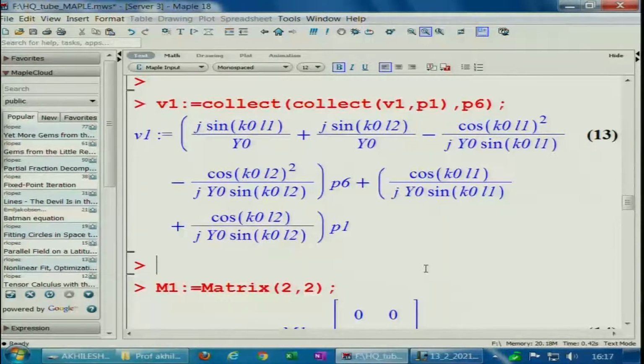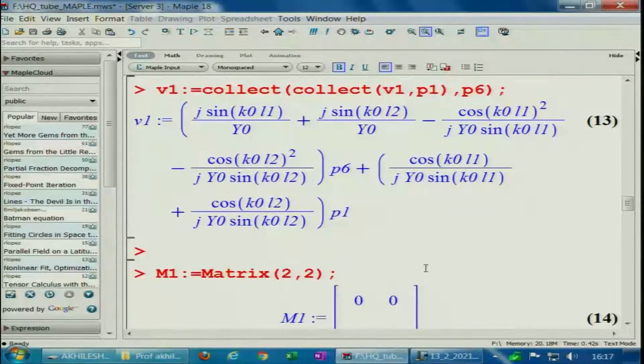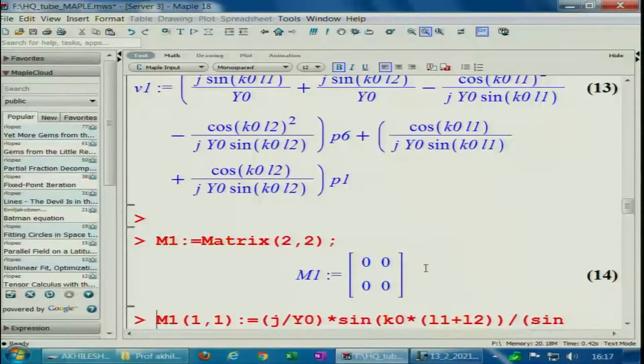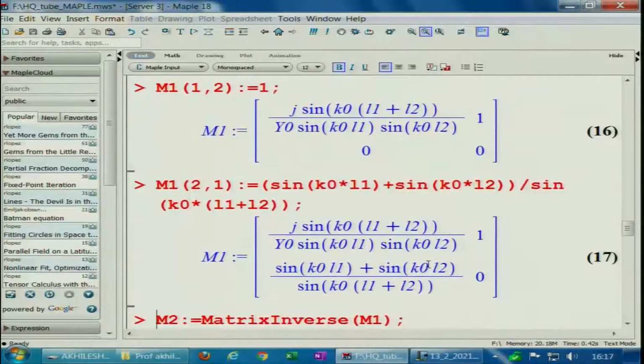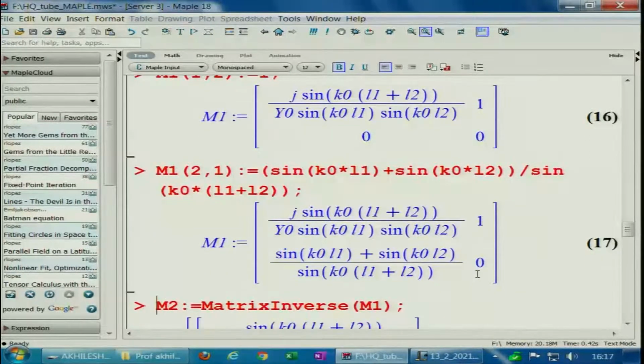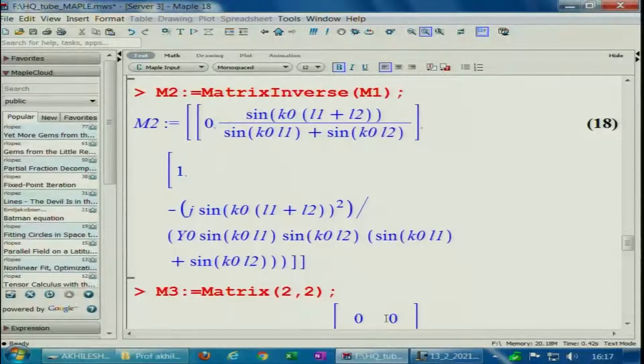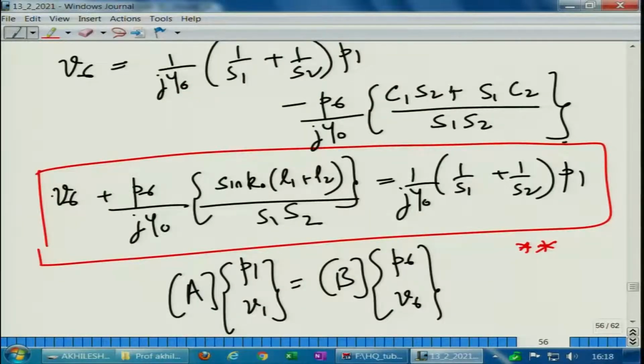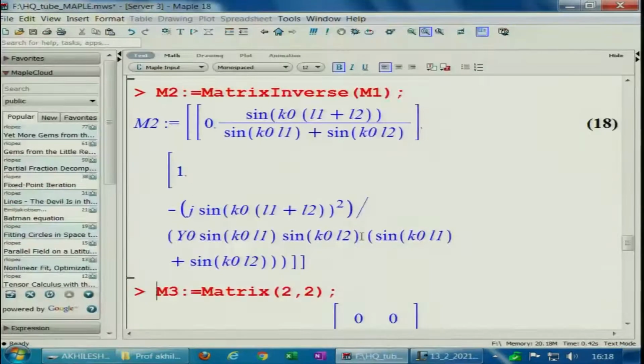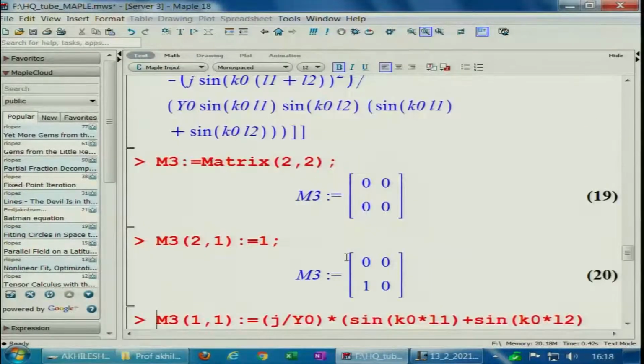So, we can avoid the hand calculation and go to Maple. So, we are defining M1 matrix and only putting certain entries like the one I talked about. M2 is 1 and M2, this is this guy I was talking about, and this is 0 based on this thing, based on the variables if they are present or not. So, M2 is again defined as M1 inverse because we need to relate upstream to downstream. So, we get this, and M3 matrix is something that we get because of the things in here, that is your first equation. So, this will be having coefficients all that is mentioned here, and the coefficient of V6 will be 1. Okay. So, this is 2 cross 2 matrix, this is 1 again like this.